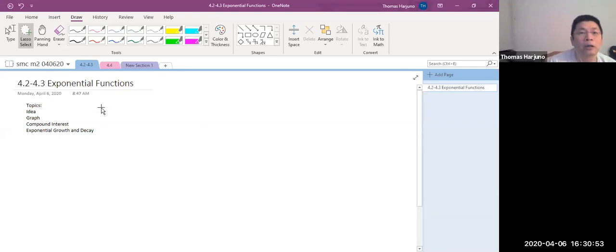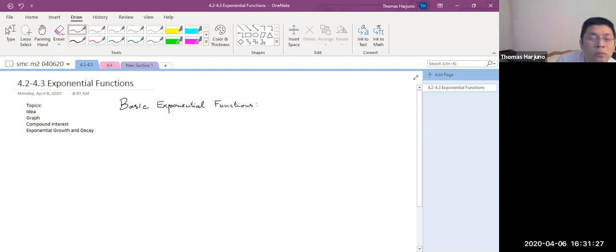Okay, let's start. Again, I put 4.2 and 4.3 together because they are both exponential functions, where 4.3 is a special case of 4.2. Now, what is an exponential function? Let's start with the basic idea. Basic exponential functions have this look: f(x) equals a to the x,